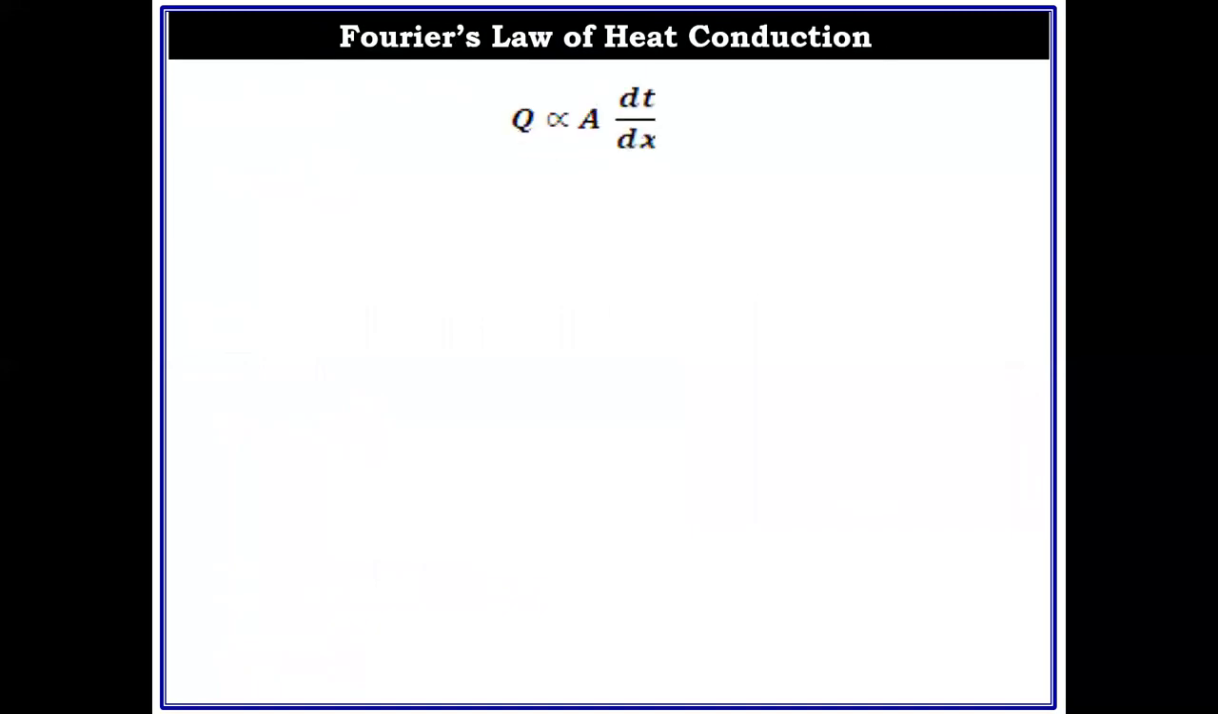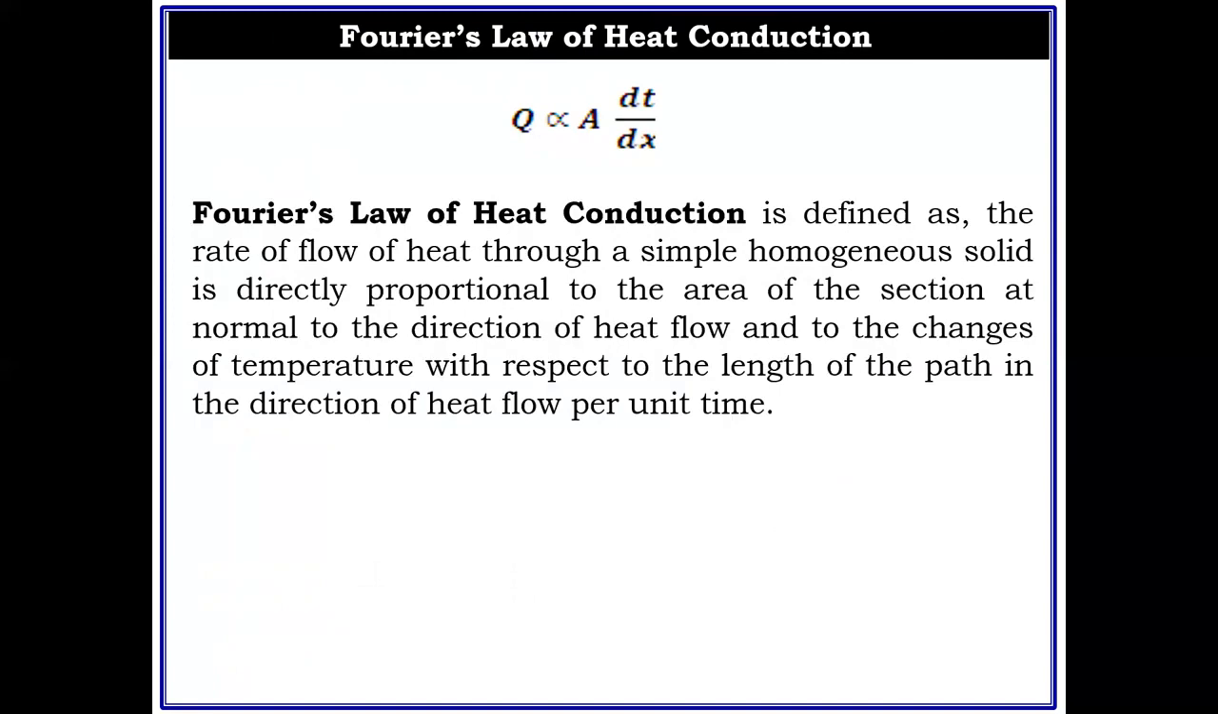So we have this expression, q is directly proportional to cross sectional area and temperature gradient. From this expression we can write the definition of Fourier's law of heat conduction. Remember, from a definition where a proportionality sign is used, we can write its definition. So Fourier's law of heat conduction is defined as the rate of flow of heat through a simple homogeneous solid